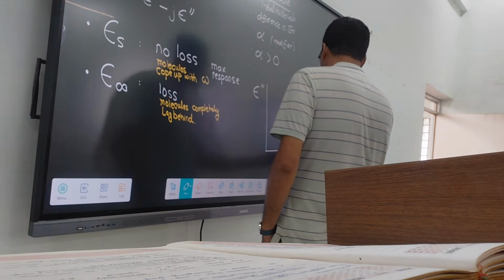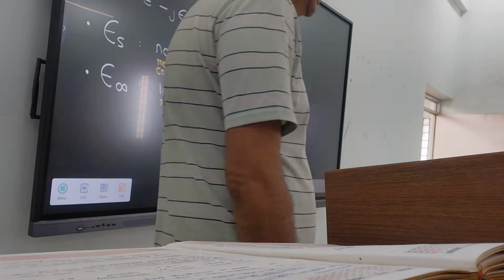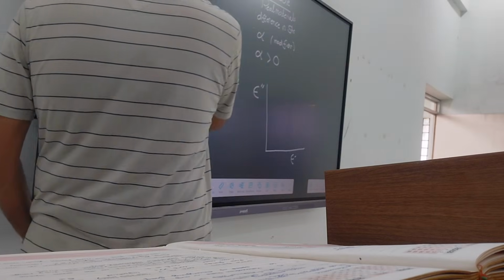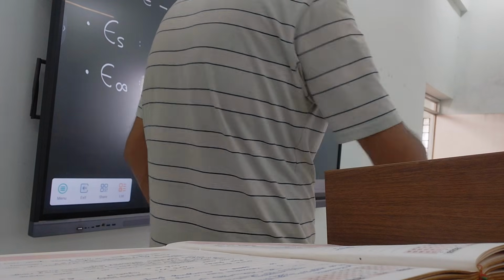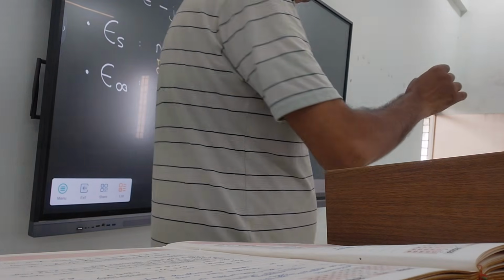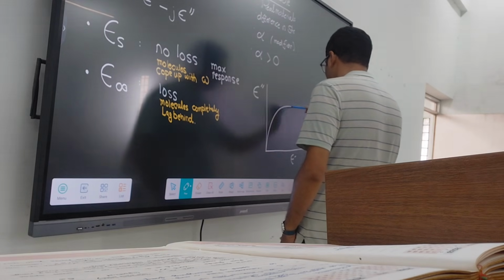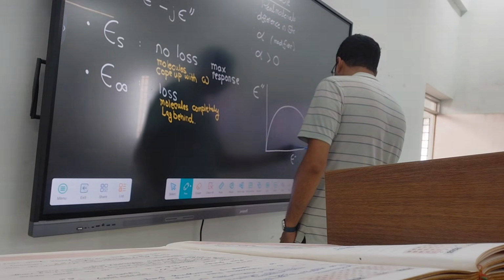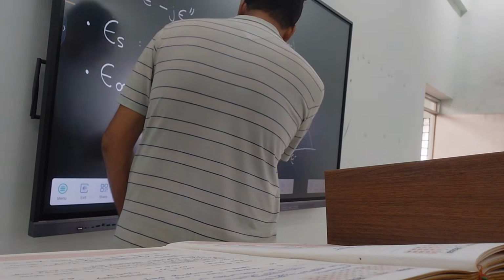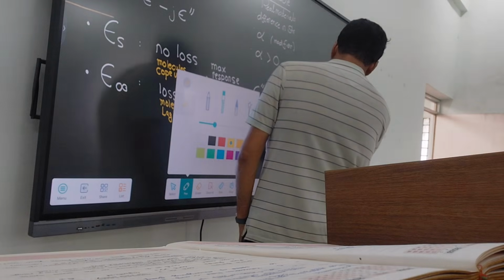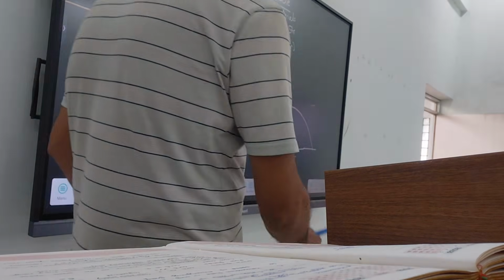epsilon dash. This is a plot. This is also called plot. Now if it is an ideal material, अगर डिवाइस ideal material है, तो in the Cole-Cole plot it gives you an exact semicircle, जिसका कि सेंटर होगा on the axis. ठीक है, this is what